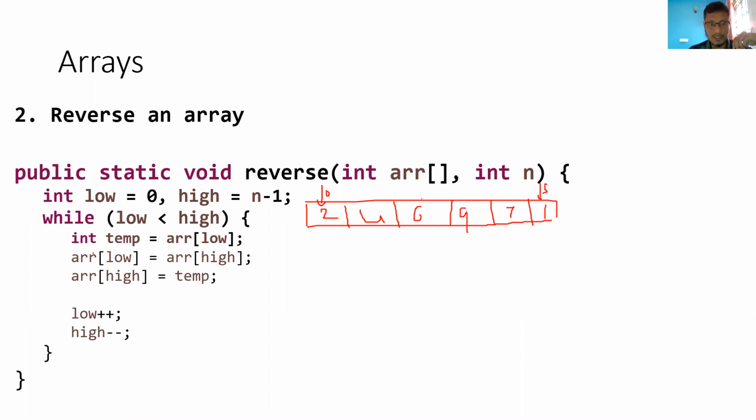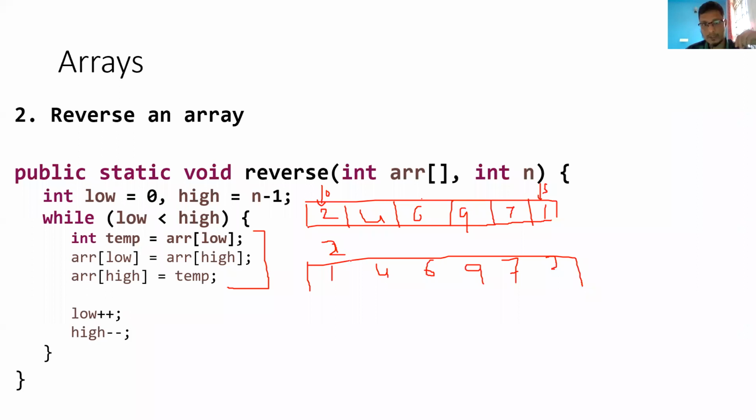So you store this. Basically what I'm doing here is I'm just swapping the 2 elements, storing the low element to a temporary and then copying it to the high element, and then in the first iteration you will have something like this. Okay, so in the first iteration 1 will come here and 2 will go here, right? And the remaining elements remain the same. 4 will remain the same, 6, 7, 9, 7 will remain the same, right? So after the first iteration this will be your array, right?